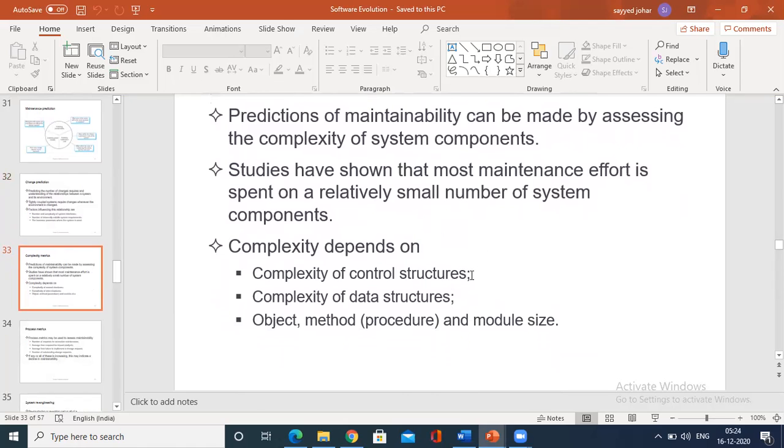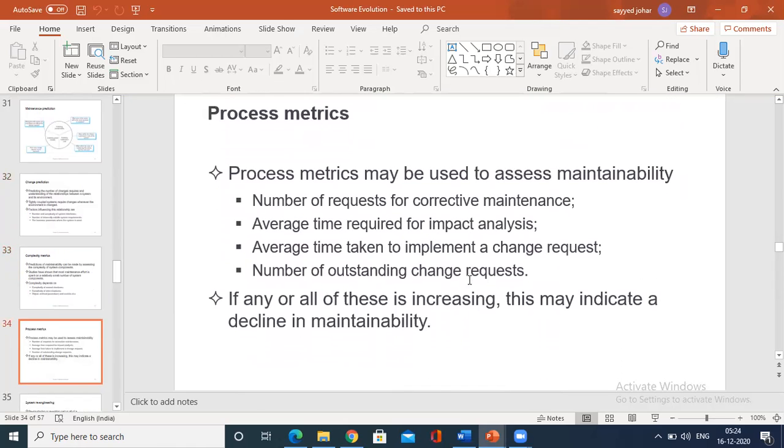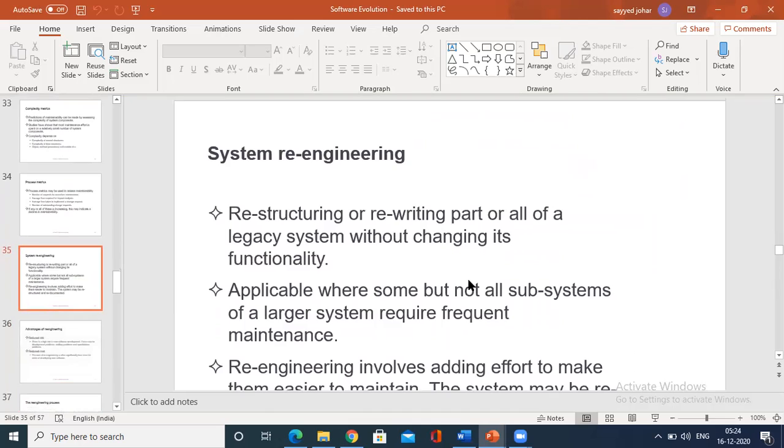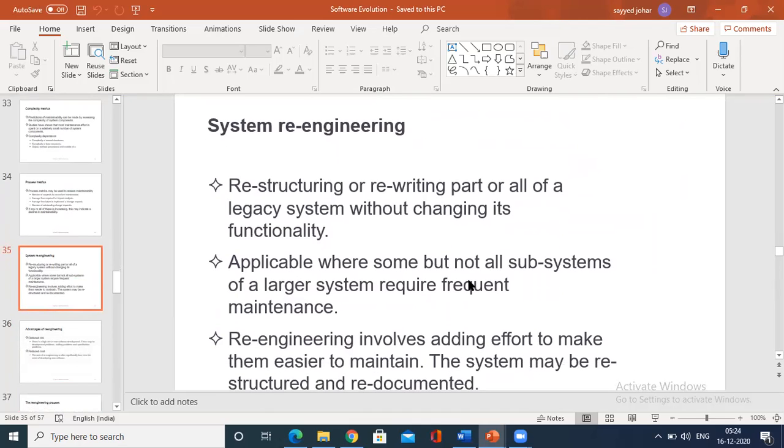Next, coming to the major important topic today: what is software reengineering? What is the meaning of software reengineering?